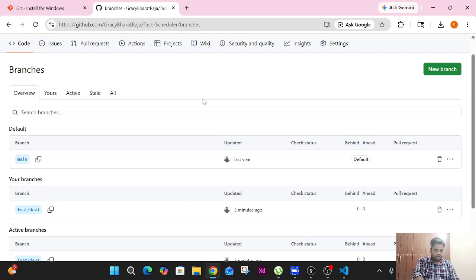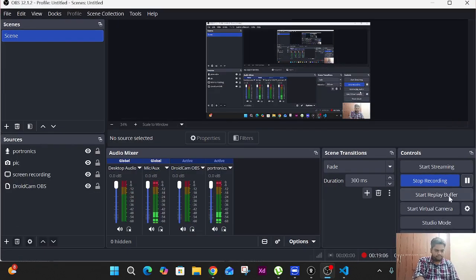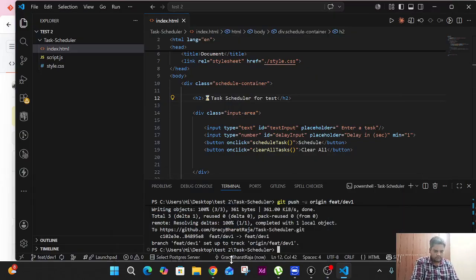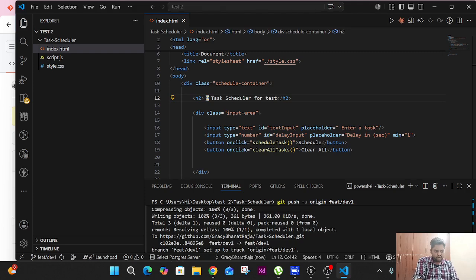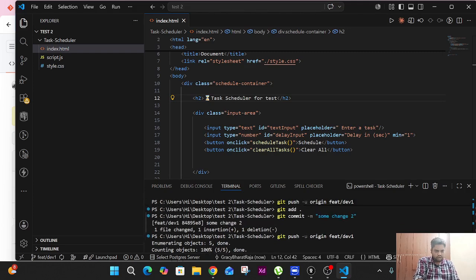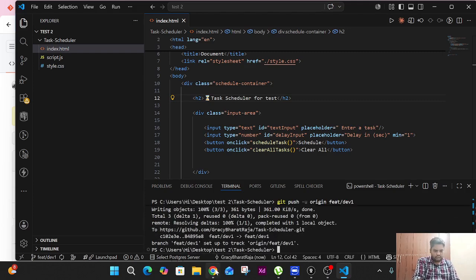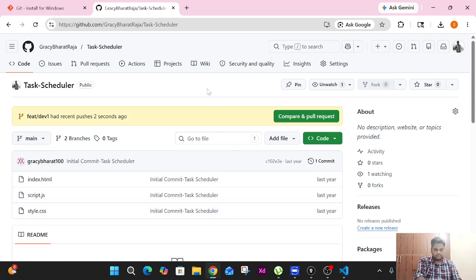It should work. Just a minute. Yeah, for now it worked. First we have to give the commands git add and git commit -m some change, then git push -u origin the developer branch. You should see it like this. The interface will be like this: Compare and pull request. So click on it